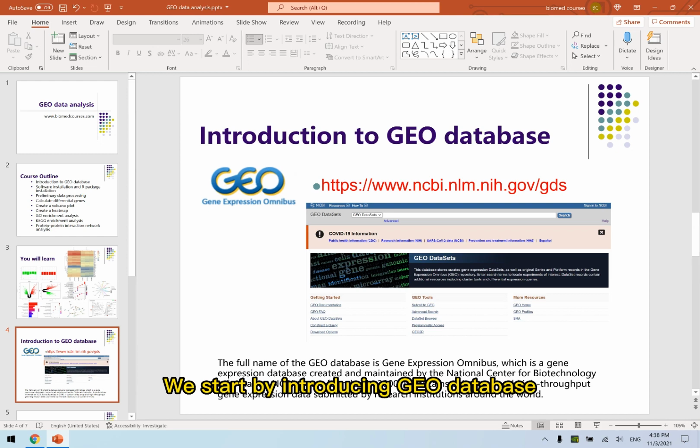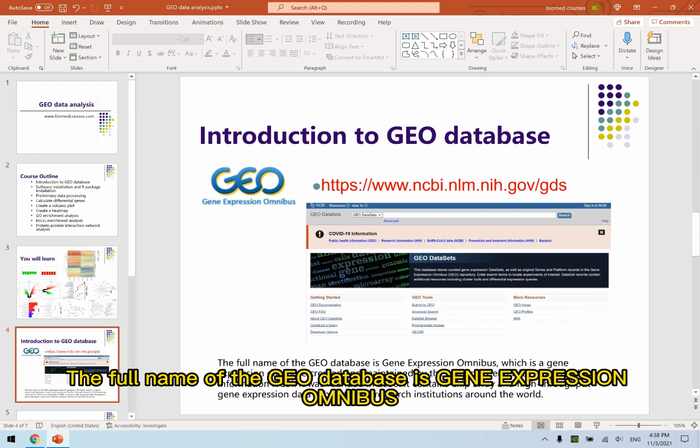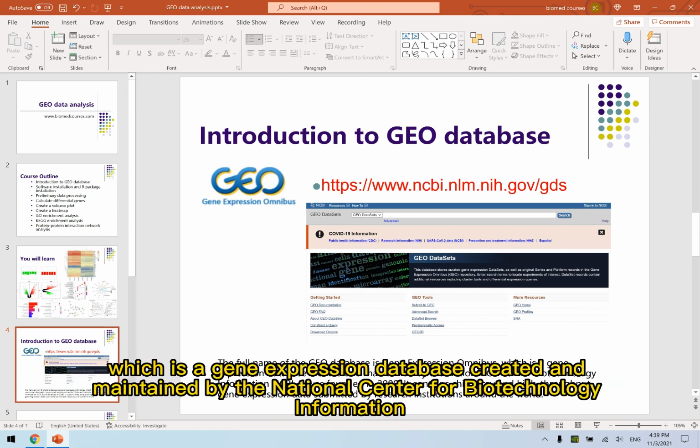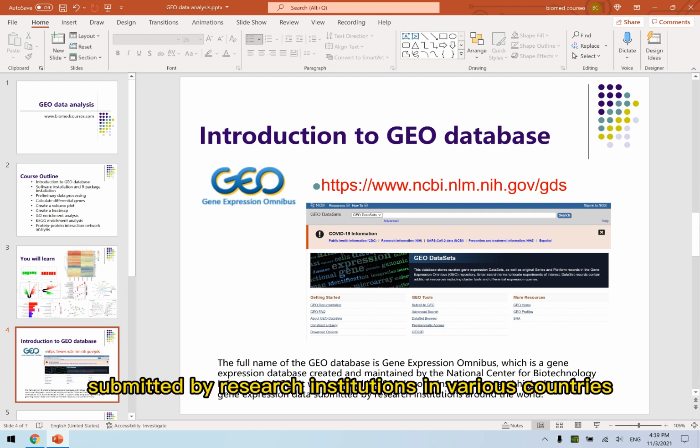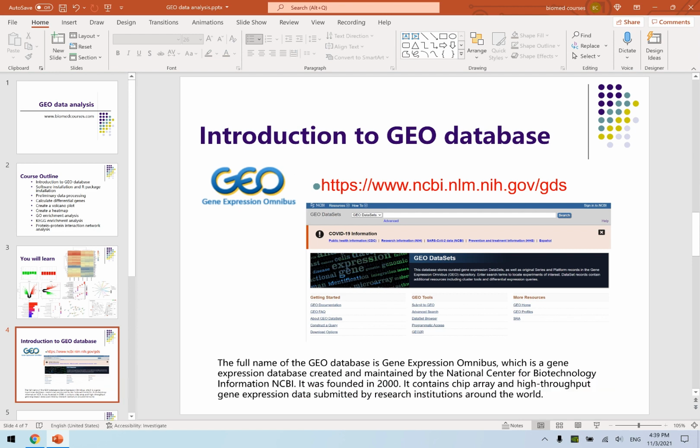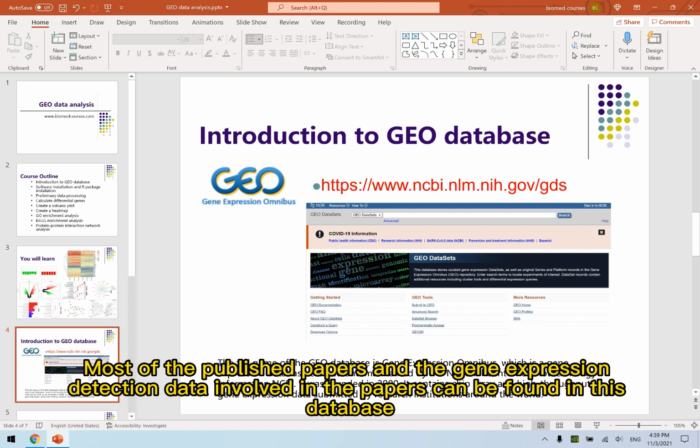We start by introducing GEO Database. The full name of the GEO database is Gene Expression Omnibus, which is a gene expression database created and maintained by the National Center for Biotechnology Information. It contains microarray sequencing data and high-throughput gene expression data submitted by research institutions in various countries. Most of the published papers and the gene expression detection data involved in the papers can be found in this